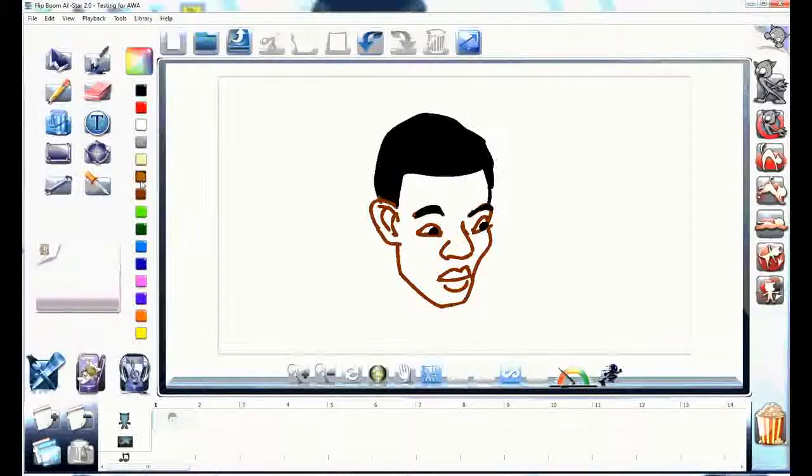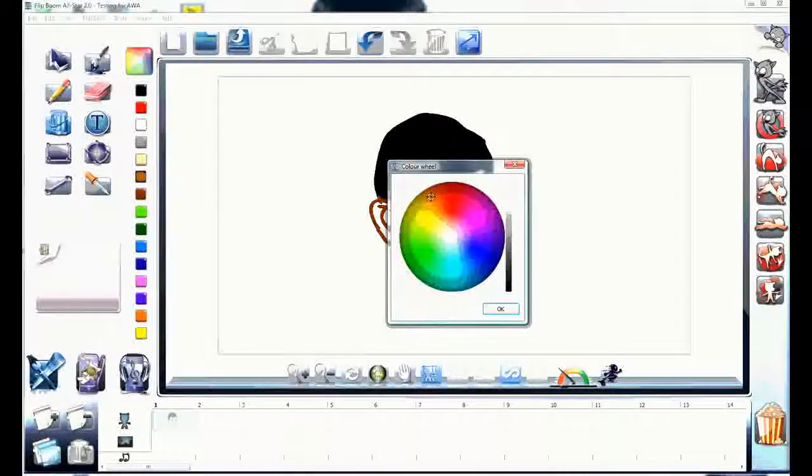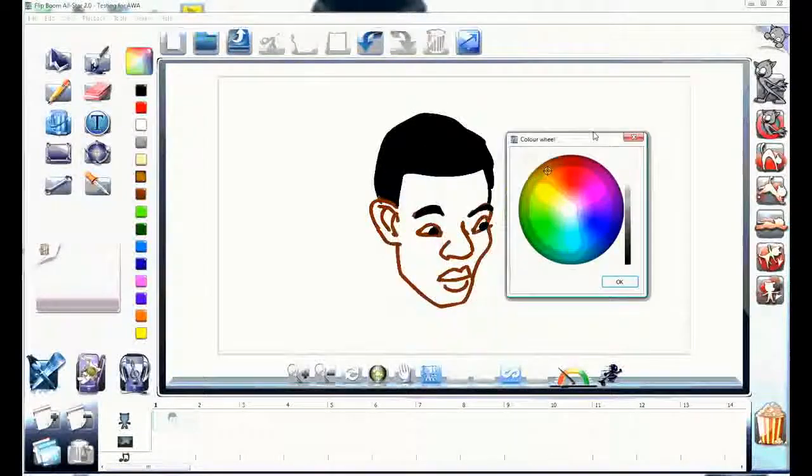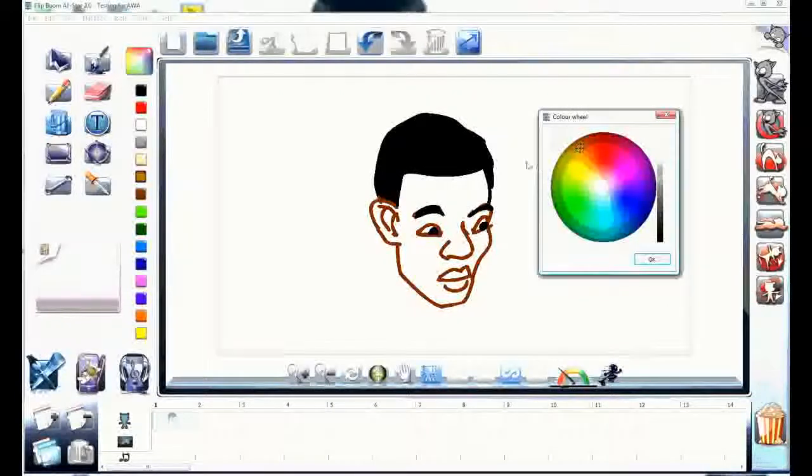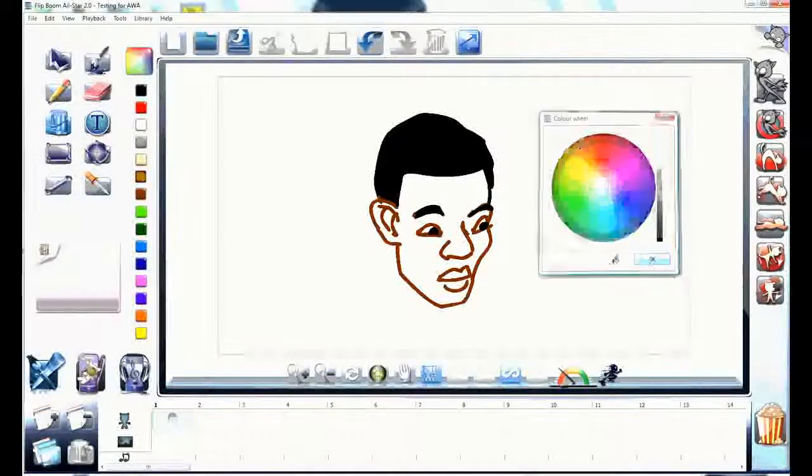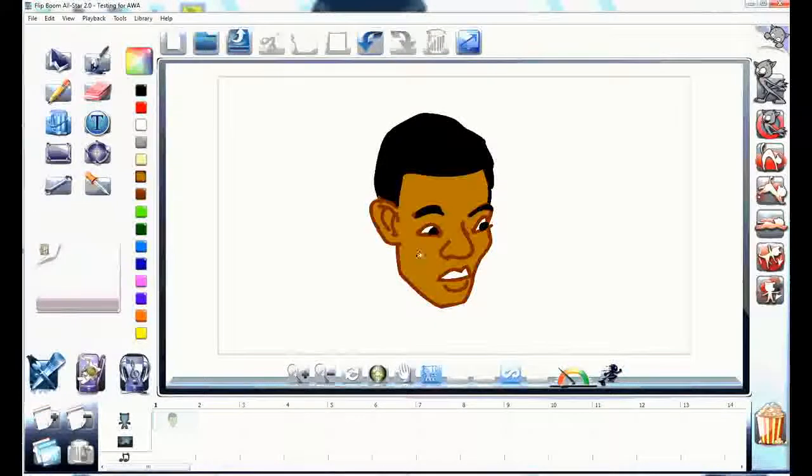So here I'm going to change the color to a little bit lighter. What this application doesn't have is there's no gradient. So because of that, you have to just do with what you have. So this is what I have for making my animation. So I'll continue the animation